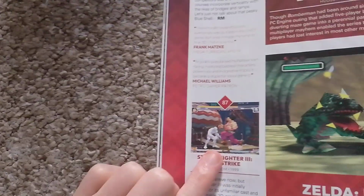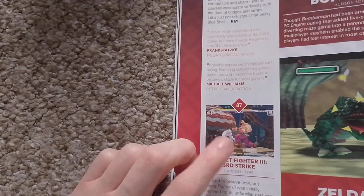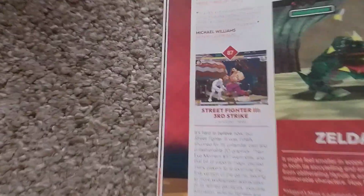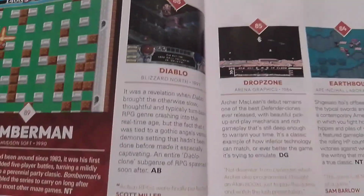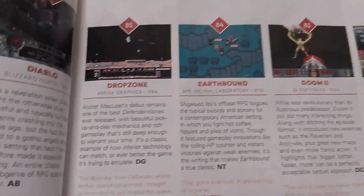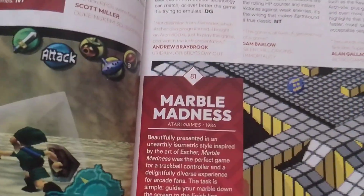Wait, that's not from Street Fighter 3 Third Strike. That's from Vanilla Street Fighter. That's from the original Street Fighter 3. Whoops. We had Zelda's Majora's Mask, Drop Zone, Earthbound, Doom 2, Chrono Trigger, Marble Madness,